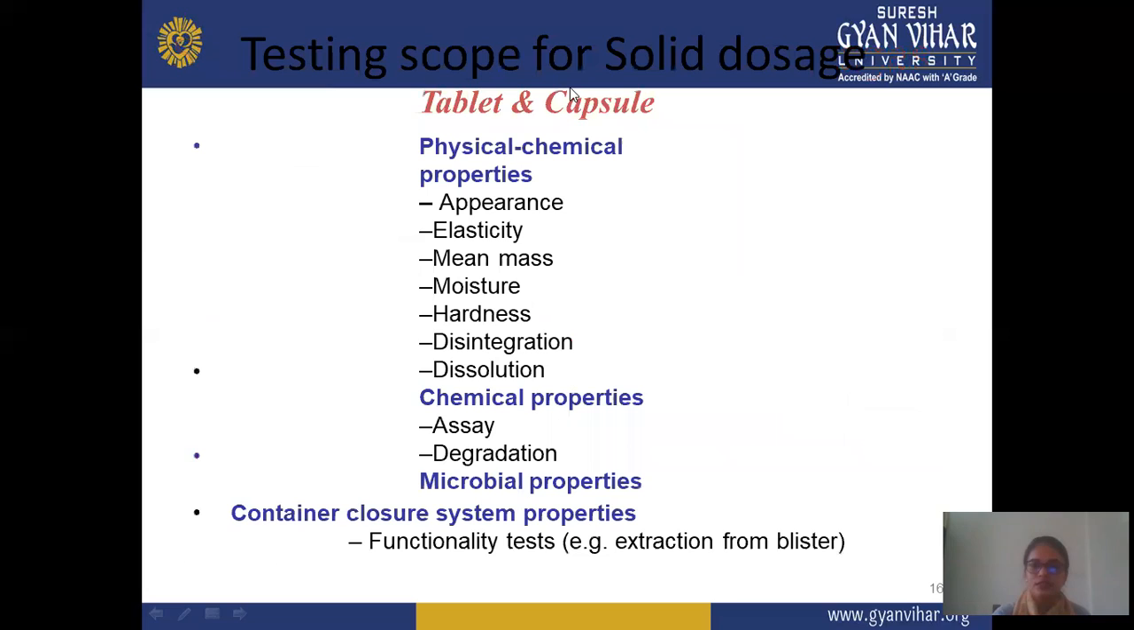Next is testing scope for solid dosage form. And in solid dosage form, you know that mainly tablet and capsule are covered. Before starting or performing the study of tablet, capsule, or solid dosage form, you check certain parameters like physical and chemical properties, microbial property, and container closure system property. Container closure system means